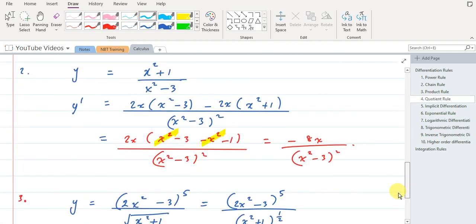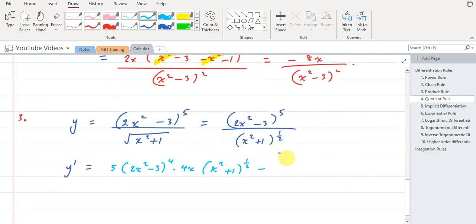So now we left the bottom, subtract, differentiate the bottom, which is half into x squared plus 1 to the power negative half times 2x, derivative of the inside, which is 2x, from chain rule. Make sure to check the video out on chain rule. Go in order, guys. Alright, and then times